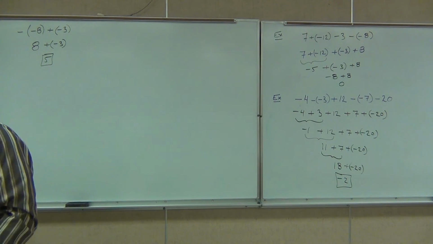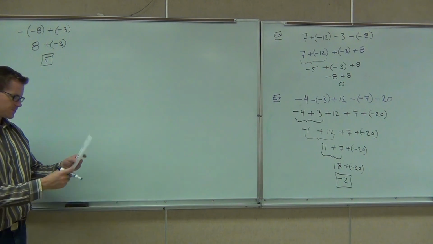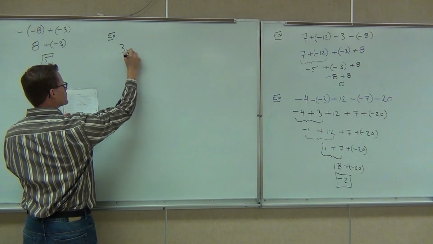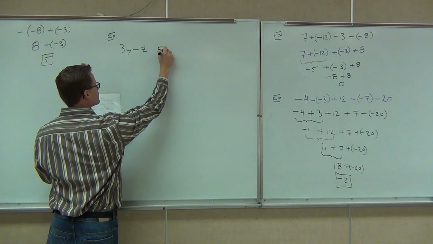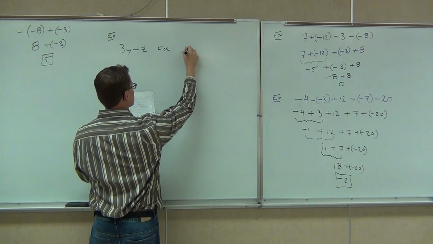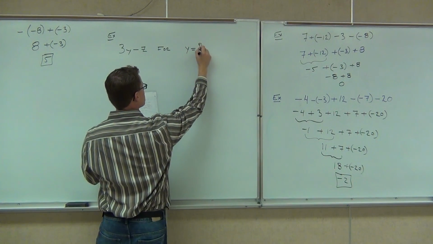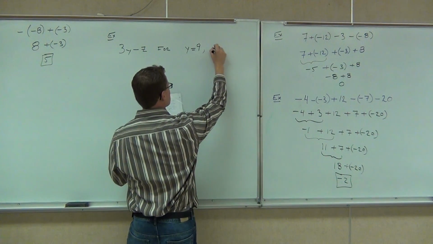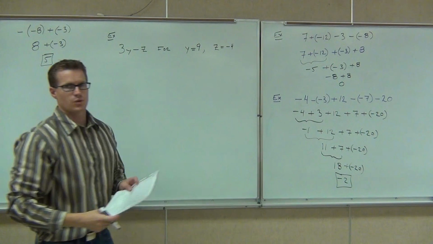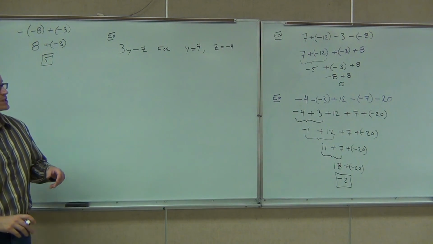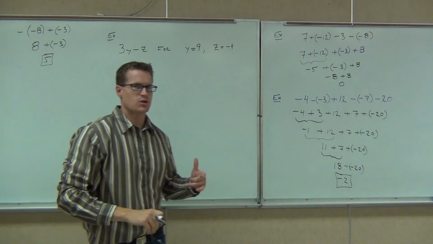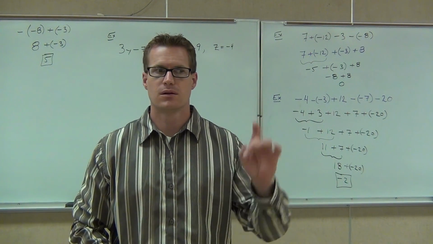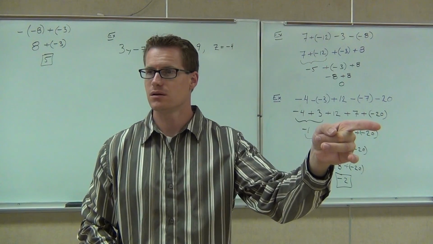Okay, one last example I'll leave you with. We can also evaluate using this stuff. So 3y minus z, where y equals 9 and z equals negative 4. Now again, I've asked you this several times, hopefully you know, what does evaluate mean? Very good. Substitute variables into the numbers, and then